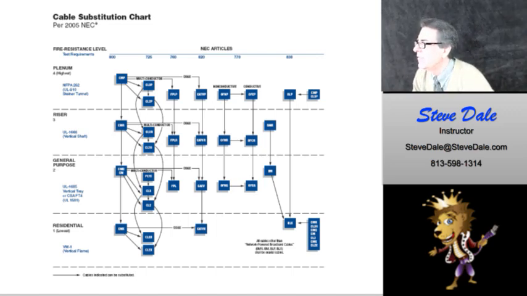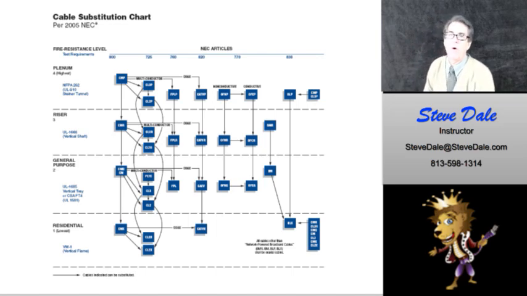The point is that if the code requires you to put in a CMP or a CATVP or a plenum cable, you cannot replace that cable with any other cable, with a riser cable, with a general purpose cable, or any other cable. But if the code requires you to put in a riser cable, you can replace that with a plenum cable. You can replace what's below with what's above,